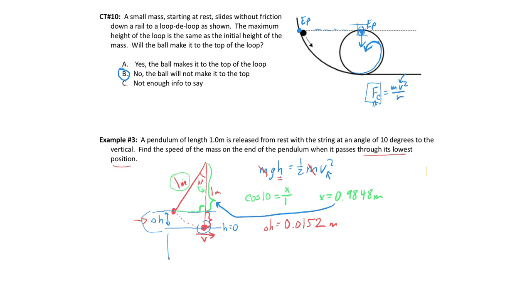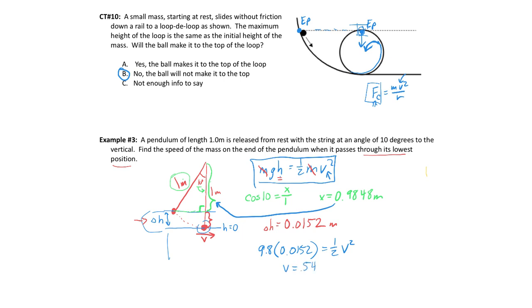We've got G, so I'm going back to my original equation here. Okay, so G is 9.8. The height is 0.0152. That's going to be equal to 1/2 times V squared. And so let's go ahead and calculate that. So times 9.8. Then I'm going to multiply by 2 to get rid of the 1/2. And then I'm going to square root it. And my final answer is that I get V equals